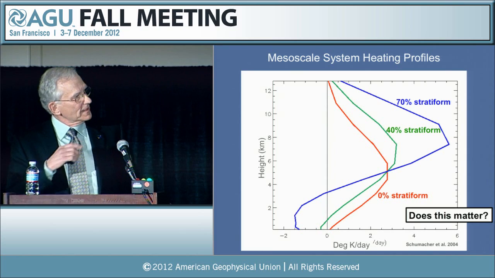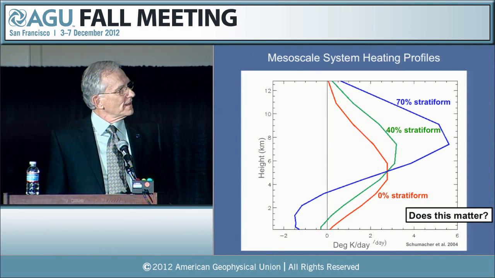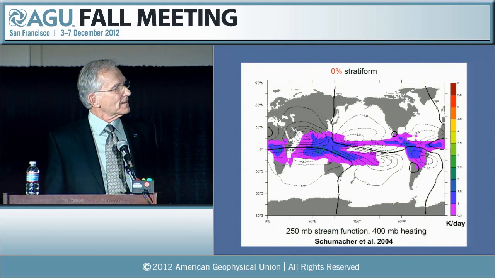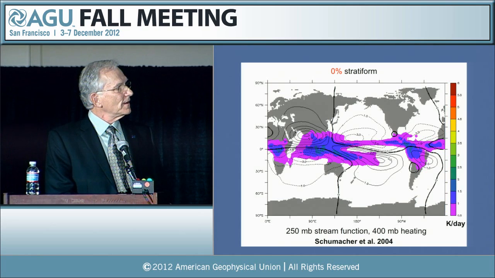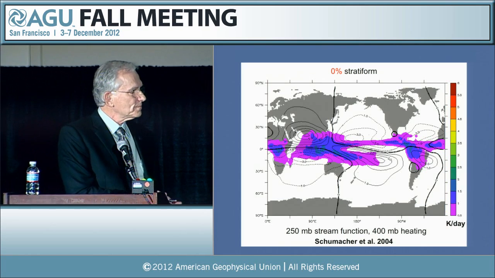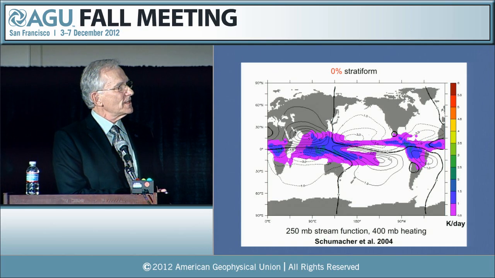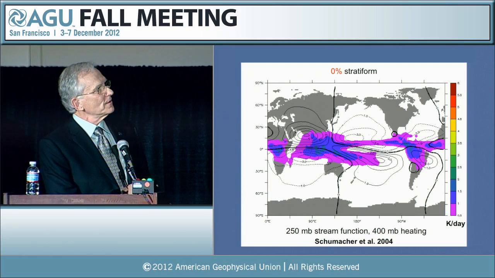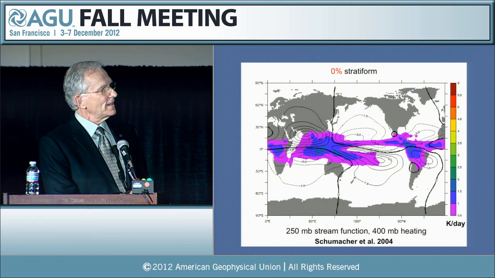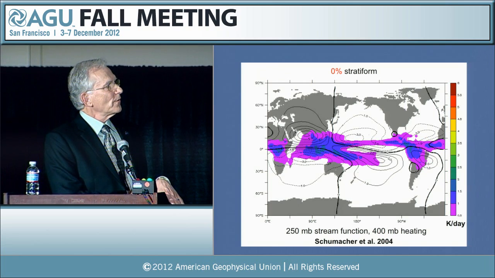Does this matter? That's, of course, the question that comes from this. And we did an exercise. Now we get used to some of the modern satellite data. With TRMM, we know the global precipitation pattern. And using this global precipitation pattern and then attaching a heating profile to it that assumed zero stratiform precipitation and letting a simple climate model run out to steady state, we got